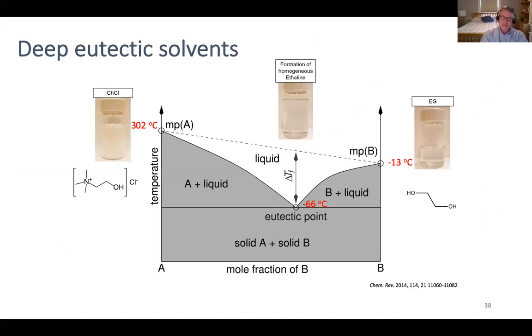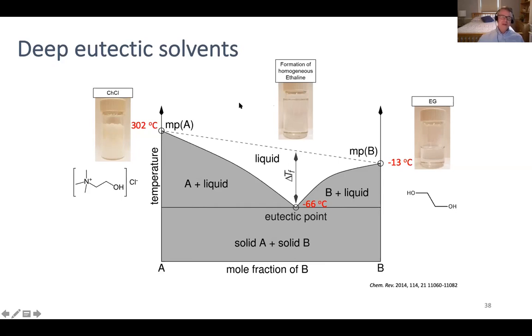Sometimes people don't like this name, but often they're called deep eutectic solvents. All that means is you can take two pure species with their melting points and some mixture composition. The melting point's lower, that forms a eutectic. We know all about that from thermo, but these compounds have really deep eutectic points, so the melting point's quite